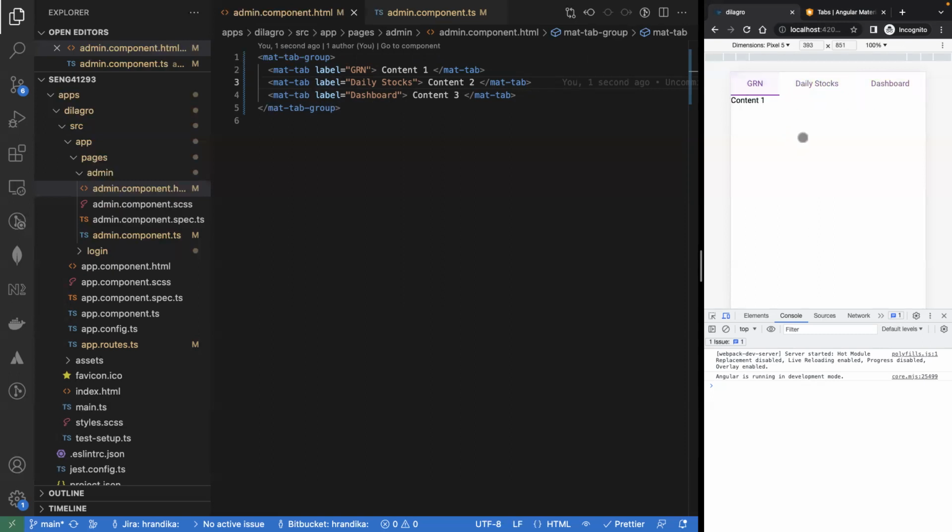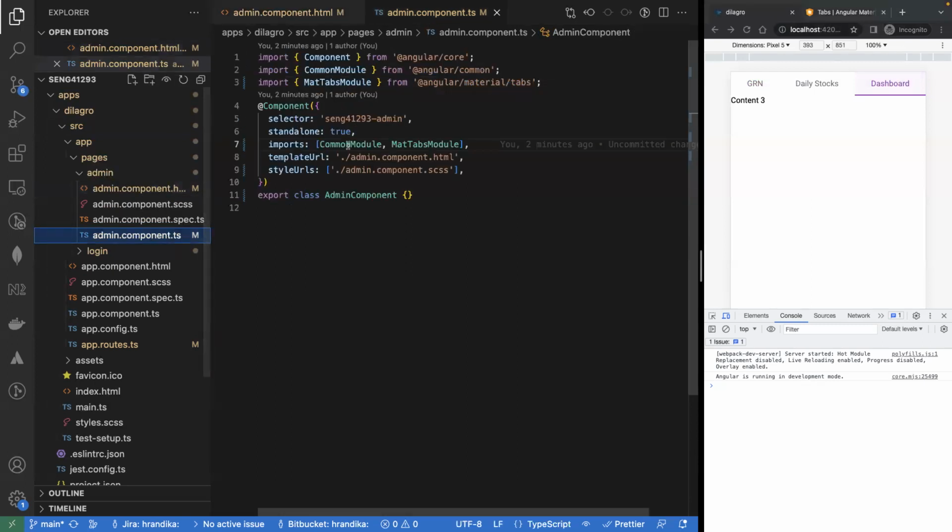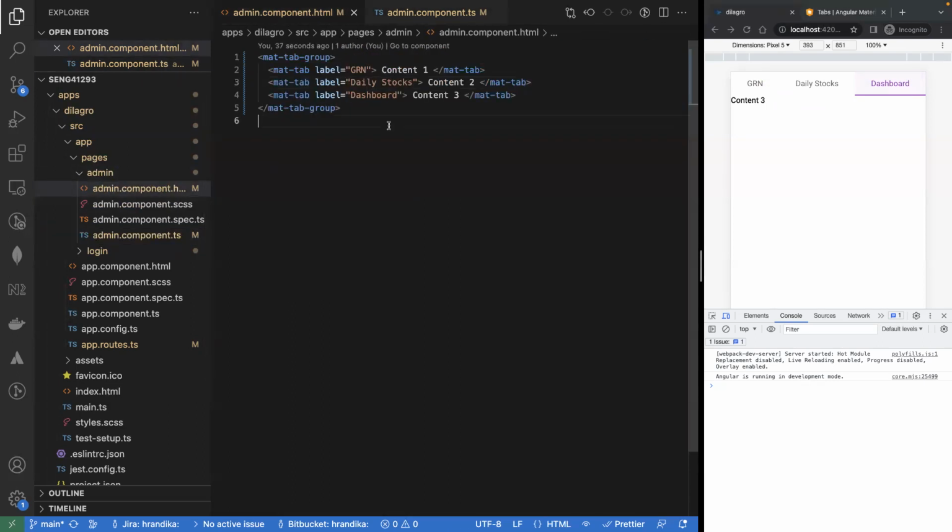So simple thing, we created three tabs using the material tabs. Make sure you import these things, otherwise it won't work. Now we will go into a section where we can put everything related to GRN in this content one. Content one is the GRN related stuff, I can put it in there. Daily stock related things, I can put in here, and so goes the dashboard as well. So what will happen if I put everything in here is that